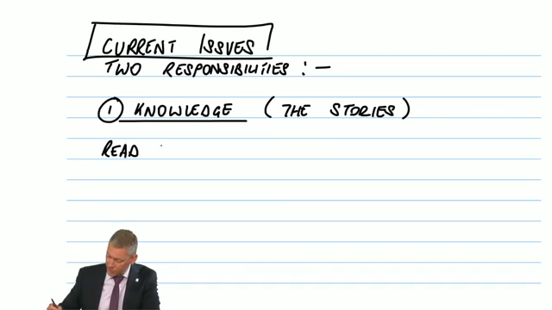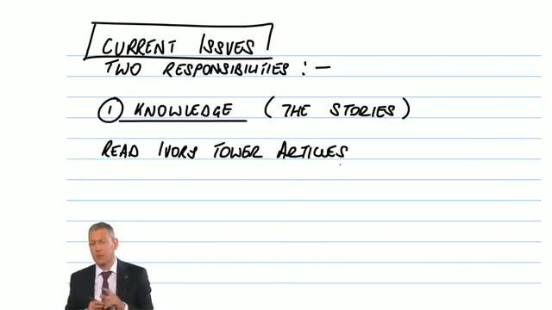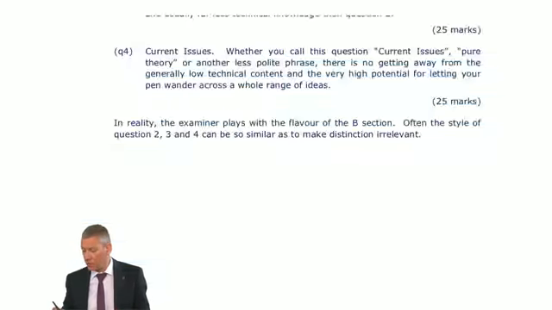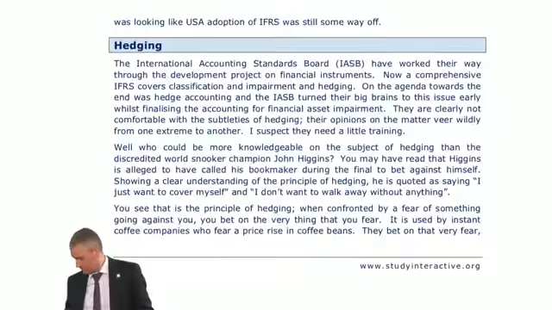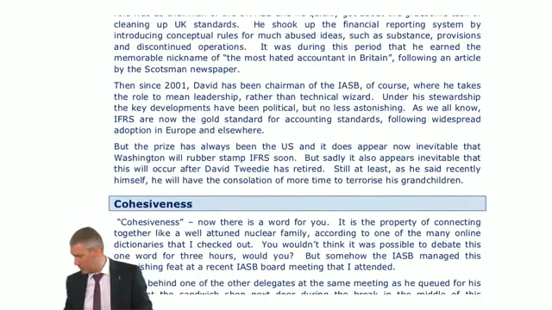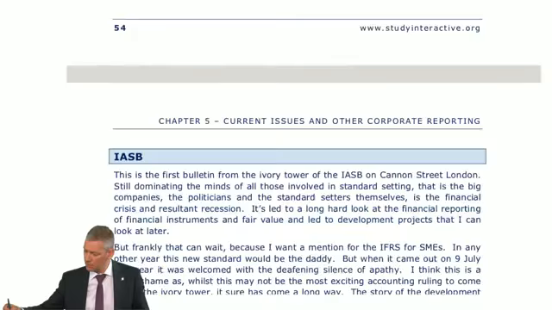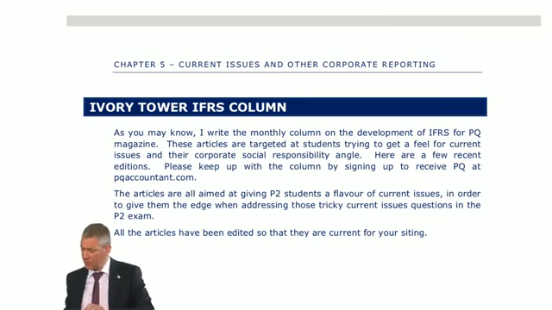And what I want you to do is to read the Ivory Tower articles. Now, the Ivory Tower articles cover some of Graham's articles. They basically are his articles rewritten. But if I take you to chapter 5, there we go. It's a bit slow. Let's see if I can get that going a bit quicker. There you go. If I take you to chapter 5 and to page 54,